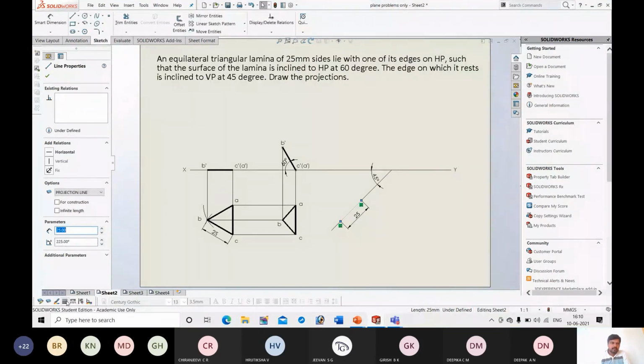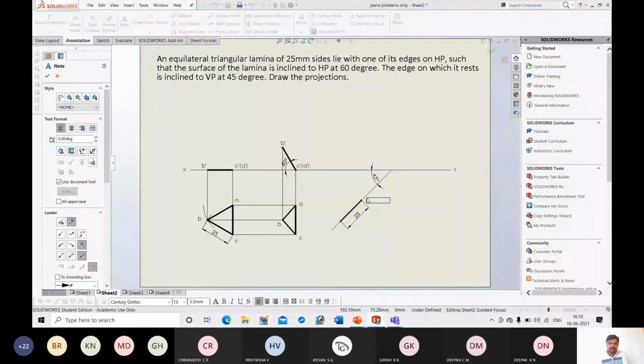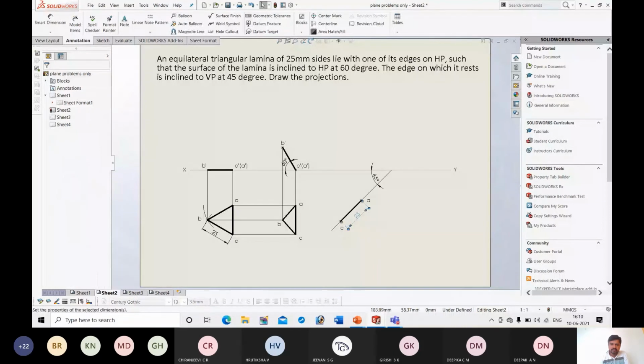Okay, so I will name these points. This is A and this is C. This dimension I consider just for construction. What you can do is consider a random point on this line, put a point, name it as A, then use your compass. Place the compass tip on point A, then the tip of the pencil on point C, take the radial distance between AC, then mark it here. So it will be 25.